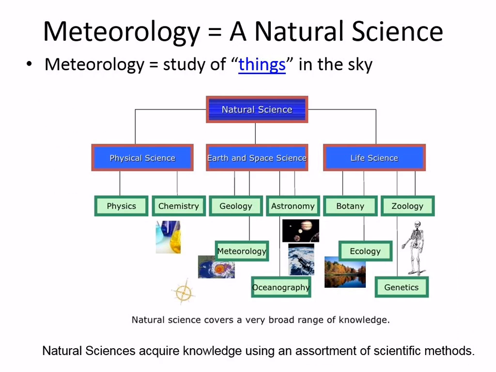I stuck this one in there to show you where meteorology falls. Meteorology, of course, is the study of the atmosphere. Kind of circled down here, there's meteorology. Meteorology falls under Earth and space science, which actually falls under natural science. I'll emphasize the word science in all of this, because we're going to talk just a little bit about the scientific method, the scientific method of discovery. And science,